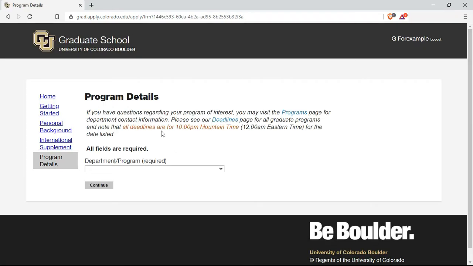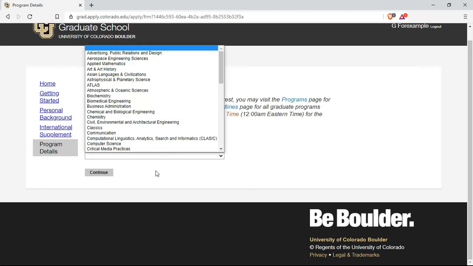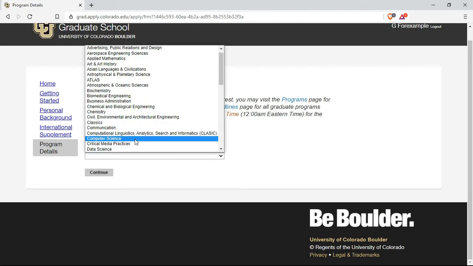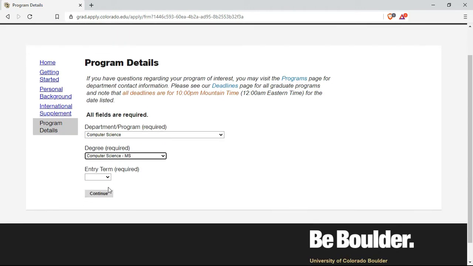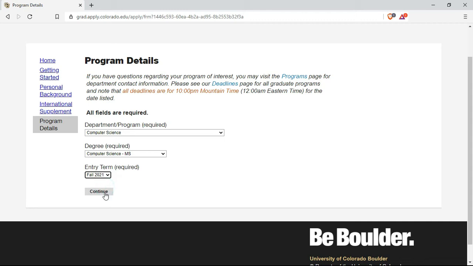Here in the program details, I need to select which program I am going to apply to. So let's, for example, consider computer science. Here in computer science masters, that is MS, for the term fall 21. Remember to check everything properly, and also the program you are applying to. Every program has different categories like professional masters, normal masters and PhD. So every category has its own requirements, and you need to check which you are interested in, the curriculum of every respective course, and then only apply. So let's go to the next process.